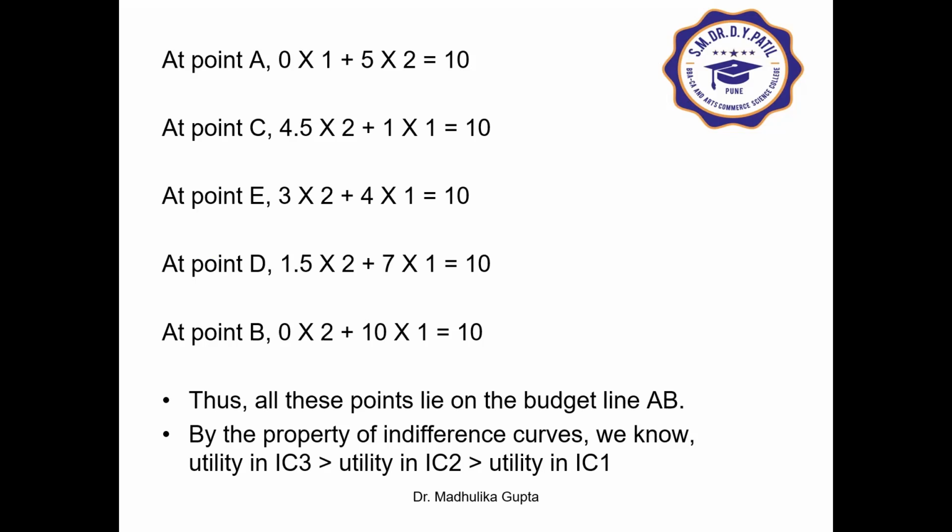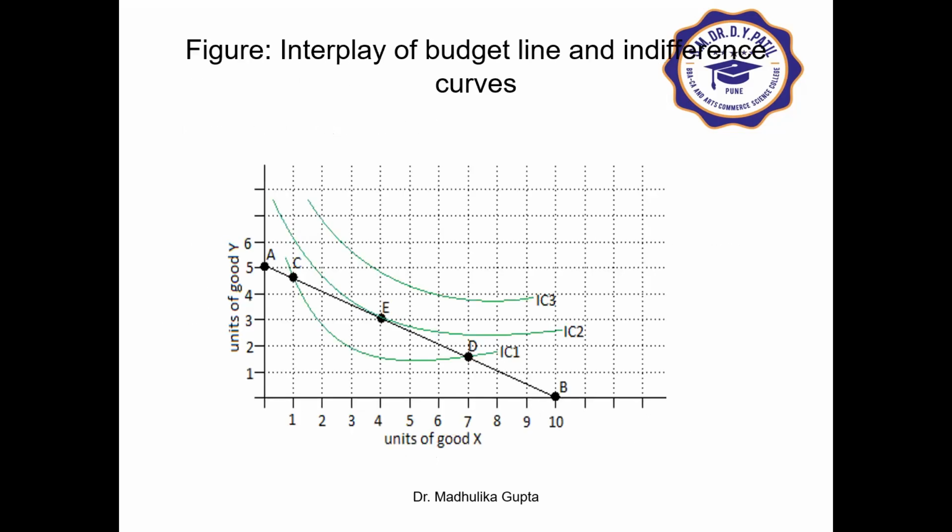But these will not yield maximum satisfaction as they lie on a lower indifference curve. On the other hand, he cannot get any combination on IC3 as it is away from the budget line. Thus, the consumer will be in equilibrium, that is achieve maximum satisfaction at any given level of income, where the budget line is tangent to the indifference curve, that is at point E. Let me show you the diagram again. That is at point E on IC2. So that is his point of consumer equilibrium.